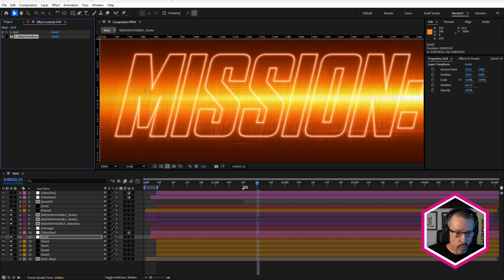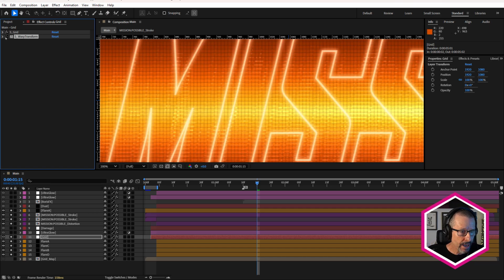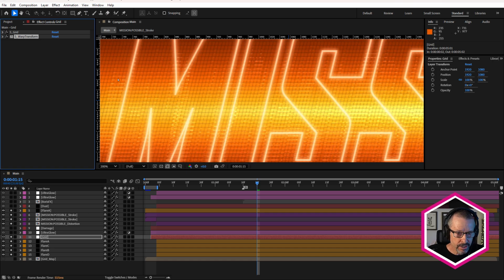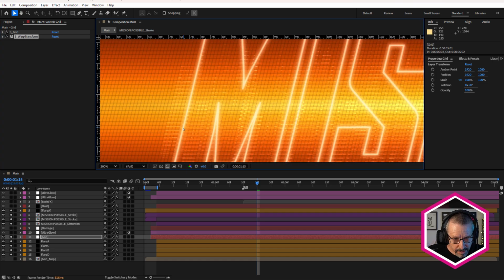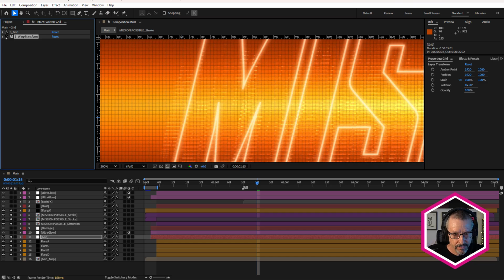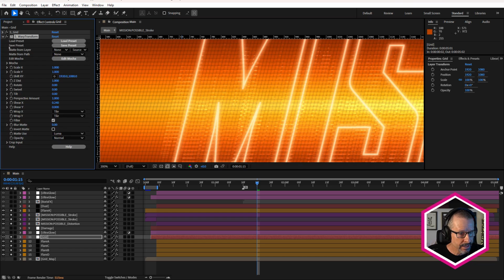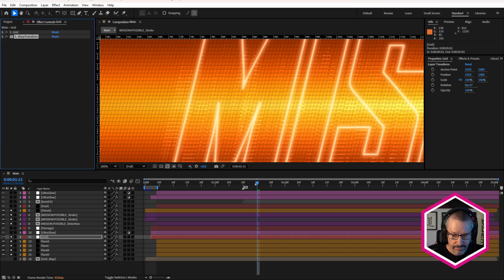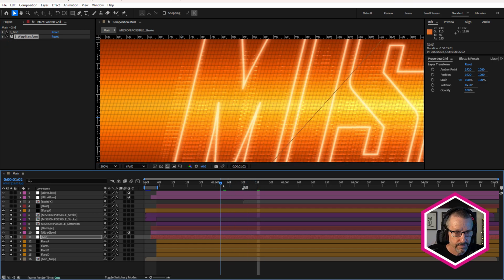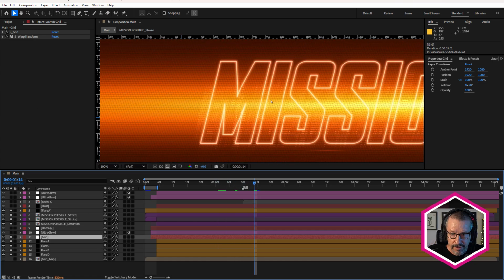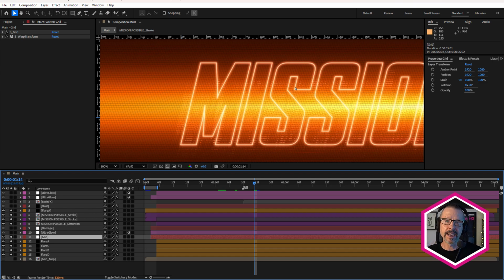And using the same warp transform effect and values, just to warp that so it's on the same angle as the text. Like that. You can see there's that shear X value changed. Very nice. So the grid sits in there, and it gives it kind of a techie look, I guess, like you're looking at it on a screen or something like that.